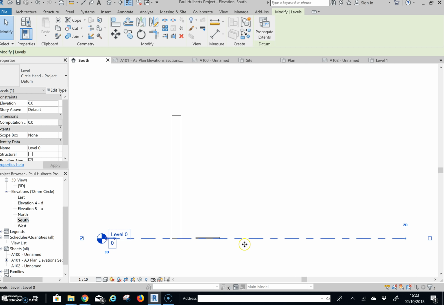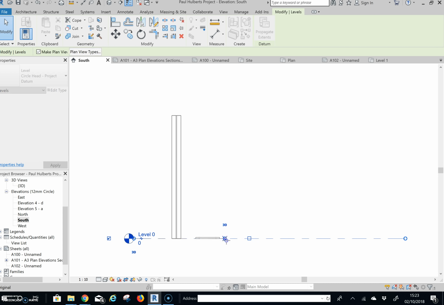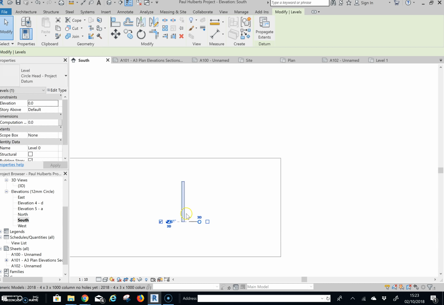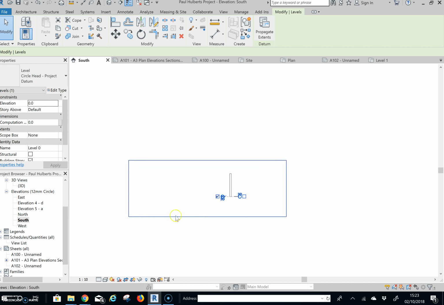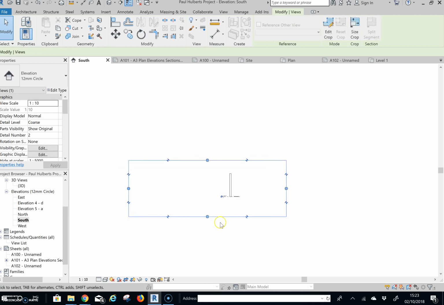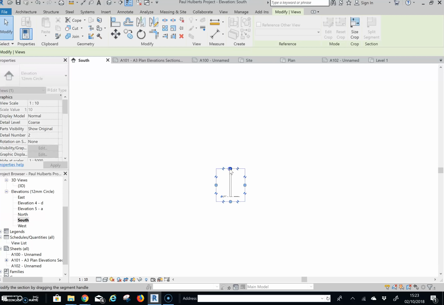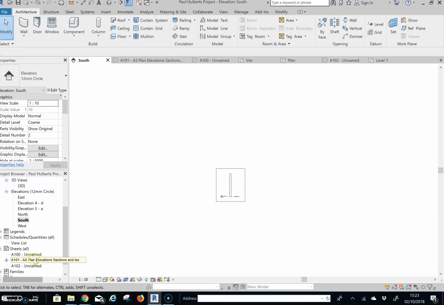So I've now gone back onto south and I've pulled this level 0 closer, so I could just continue and do it even closer. This one, click on this and pull this really far in, so these are closer. Zoom out a bit, see where you are. So at the moment you've got headers and things that are going to be far out, so bring this really tight in. And of course this could have been a copy of the south plan, so you're not doing this on all the south plans. And then if you then go back to this